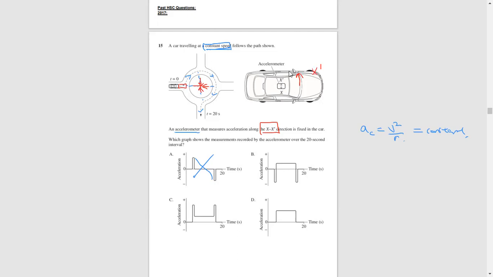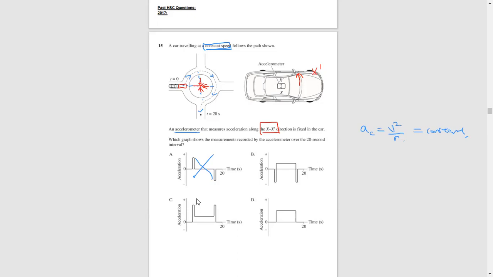It has to accelerate towards x prime to turn left to start with. Now, if it's measuring in the x prime direction and you're accelerating towards x prime, that gives you one direction. And I think they haven't defined which way is positive, but it's either positive or negative. But the point is,